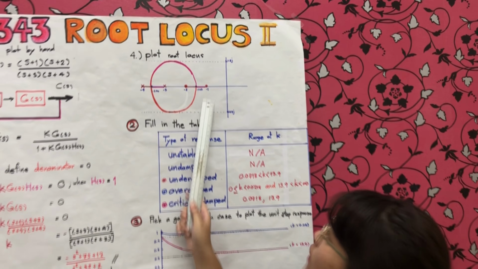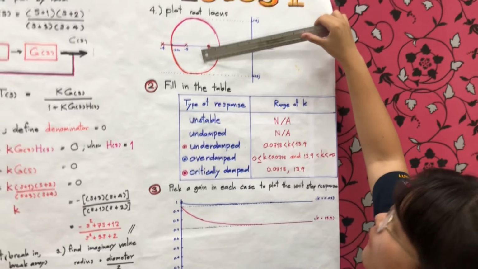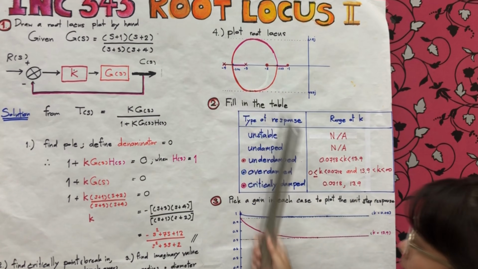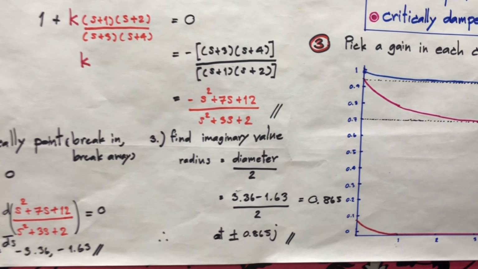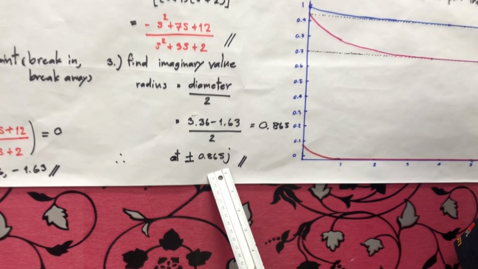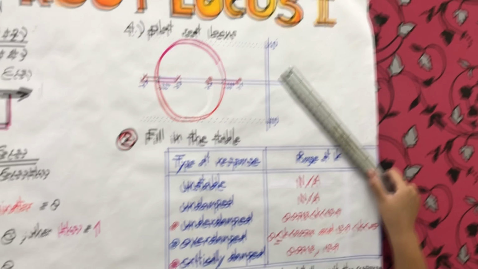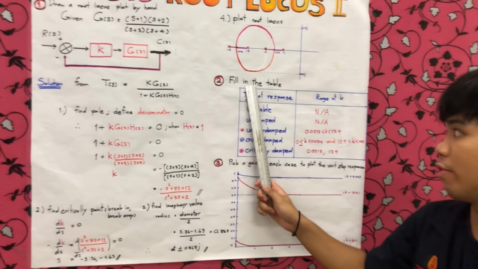You can know the shape of the graph is a circle, but you don't know the radius of the circle. And you can know the radius of the circle by this. You can take the value of s as a minus this term, and you can get the radius and plot on the graph.